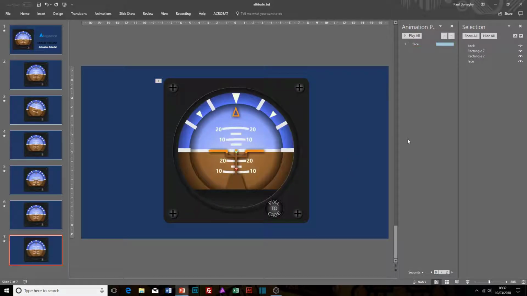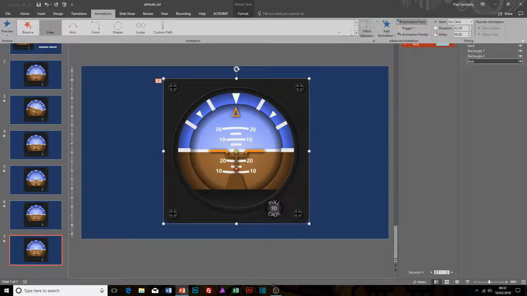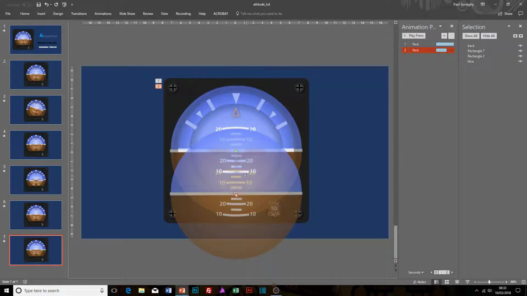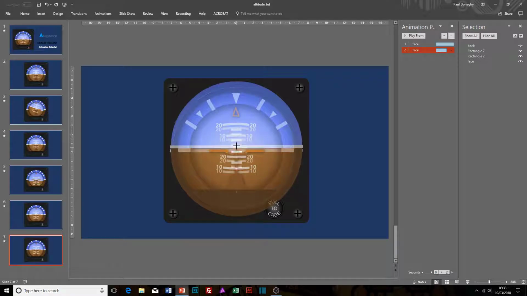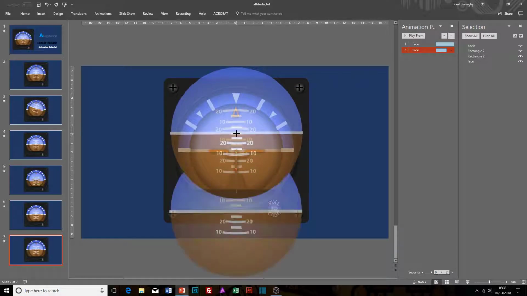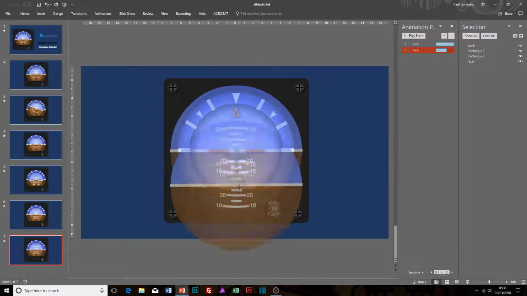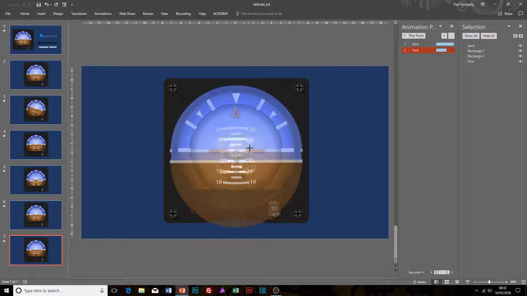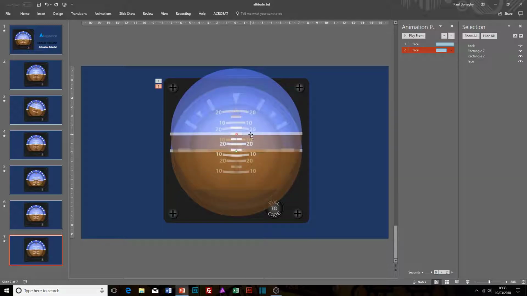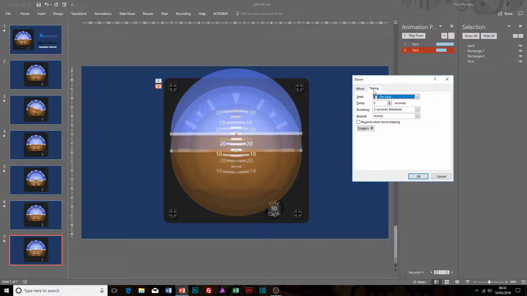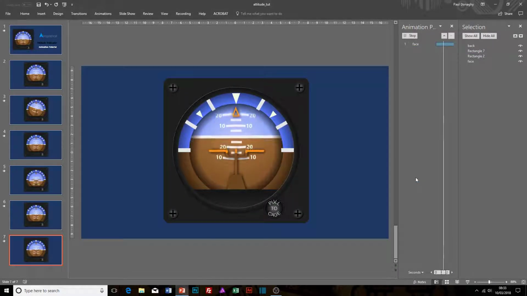So what we can do now is select that face again, and again animations, and we're going to select another path. So add animation there on the same element and go for a line again, and this time we're going to animate it up. So again, I'm just going to select that red dot there to move the motion path, and I'm going to select it up like that. If you hold down Shift, it'll allow you to move it up and down in a straight line. So I'm just going to position that there, and again, let's go to the options, and we're just going to auto reverse that one and keep the timing at 2 seconds. If we go OK now, you can see